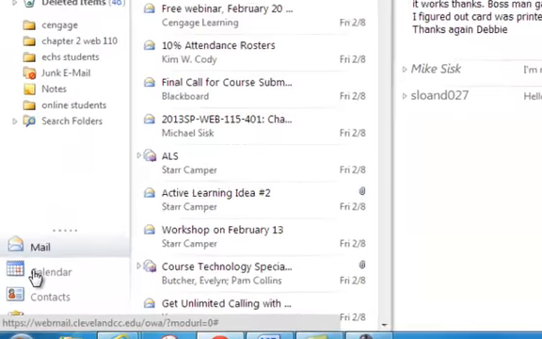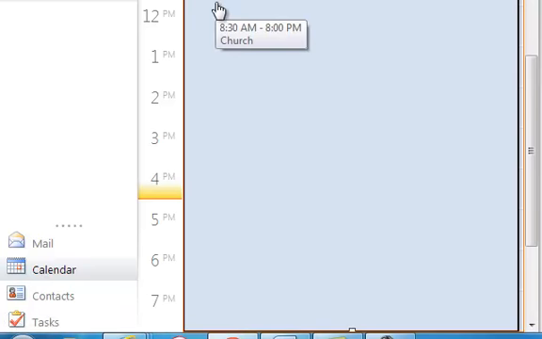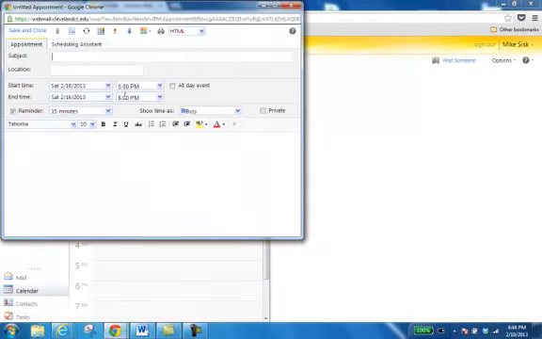So I'll click down here in the left hand corner where it says calendar. Now this one has February the 10th set up. Let's just say, for example, that your assignment was due on the 16th. I would click on February 16th on this calendar. I would go to New, and let's say the subject were Chapter 2 Work